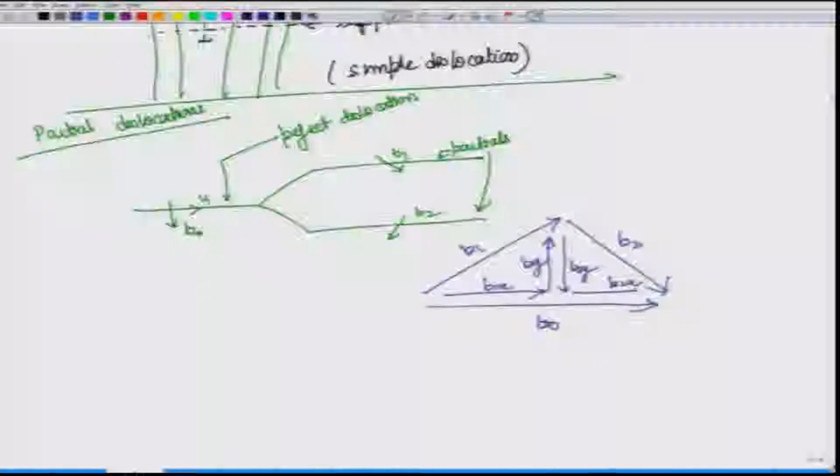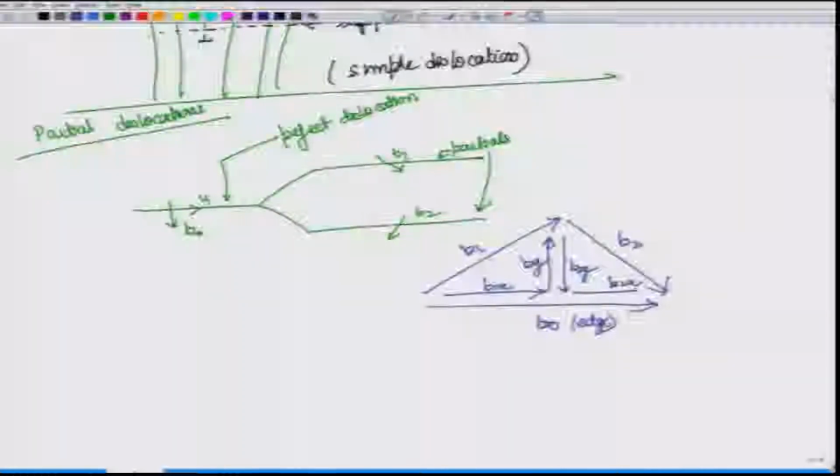Okay, so coming back to our vectorial representation of the Burgers vectors. Let us say that this is our original Burgers vector and it splits into partials. This one is edge, remember that part, and now we have these partials B1 and B2. Here the line vector is like this, remember the line vector is like this for the original vector, and we are assuming that this is also the line vector for the